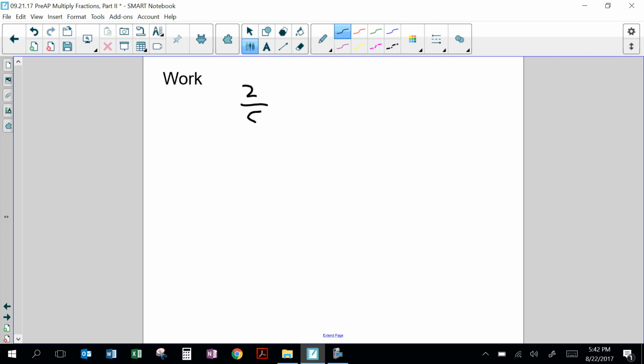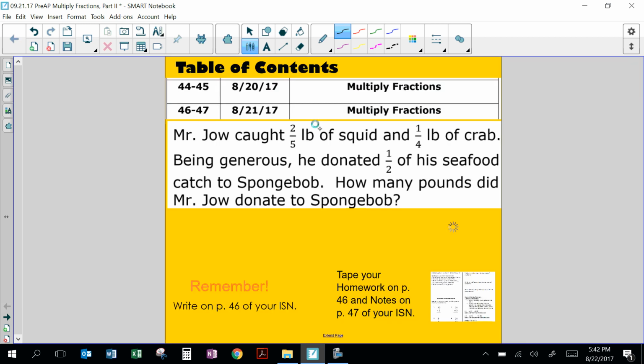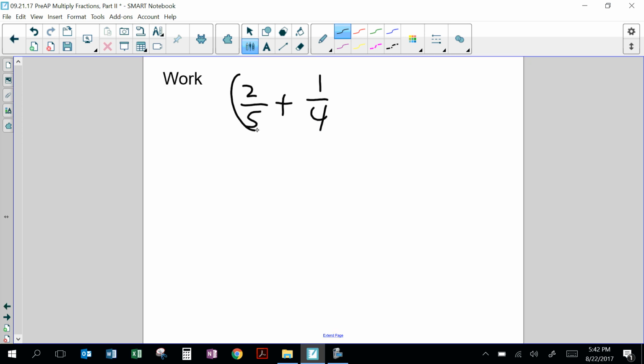So I caught 2/5 pounds of squid and 1/4 pound of crab. Being generous, I gave half of that catch to SpongeBob. So once I figure out how many pounds of seafood I have, I'm going to have to give half of it to SpongeBob. What is half of? Of. I'm giving a part of something, a portion of something. So I am multiplying. But before I can multiply, I need to figure out how many pounds of seafood I have. 2/5